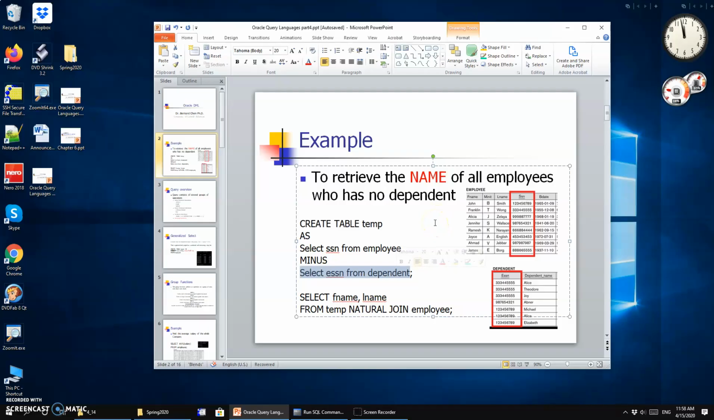of those who have no dependents. In this case, when we select ESSN from the dependent, you get a list of the employees who do have dependents. So when you use the full list minus that one, you get the social security numbers of the employees that do not have any dependent. Since we want the names of all the employees, we need to join that back to the employee to retrieve the name. So that is how we would retrieve the name of all employees who